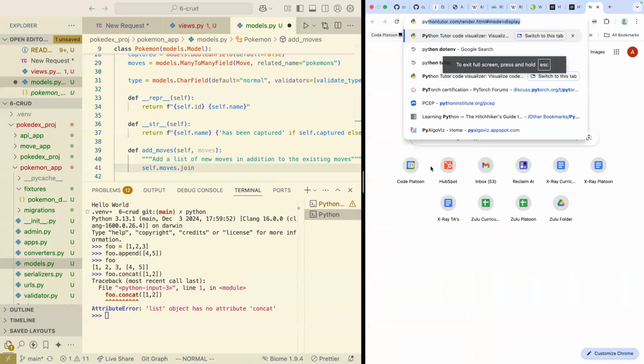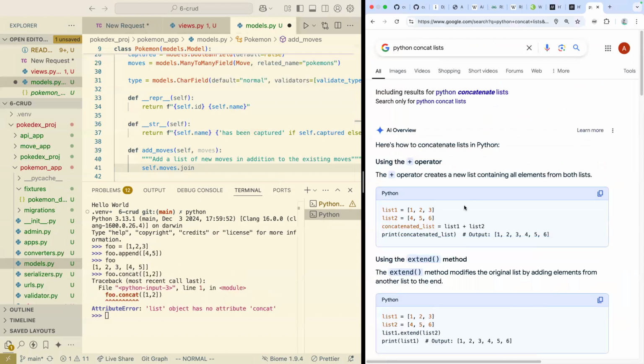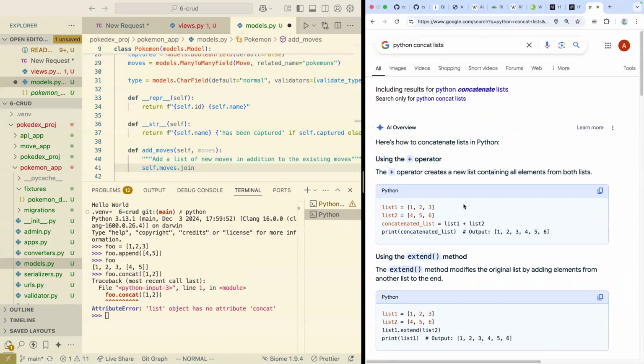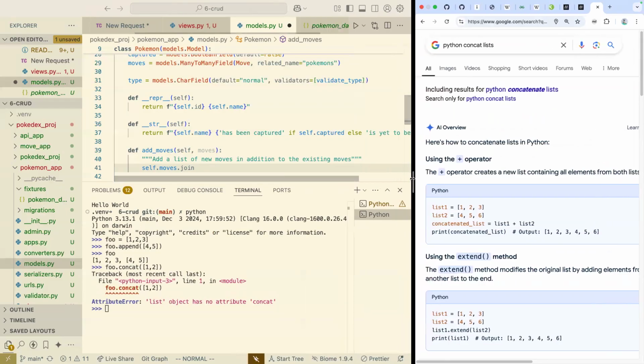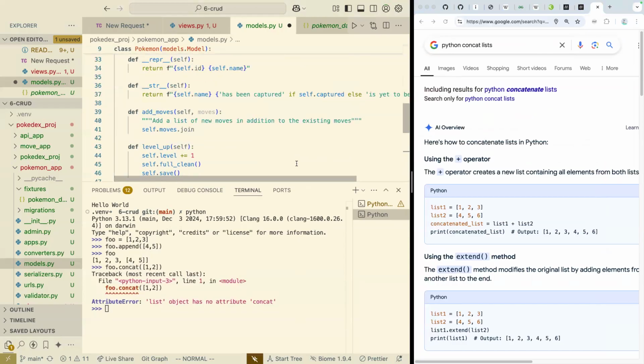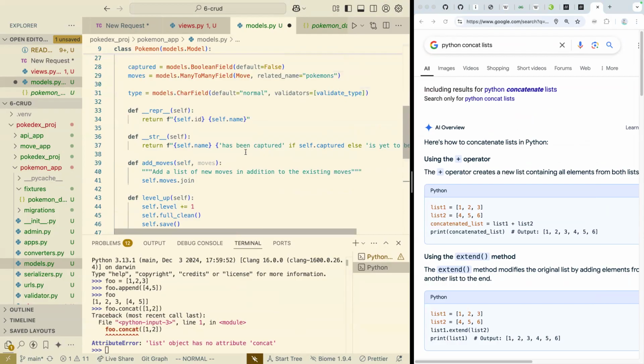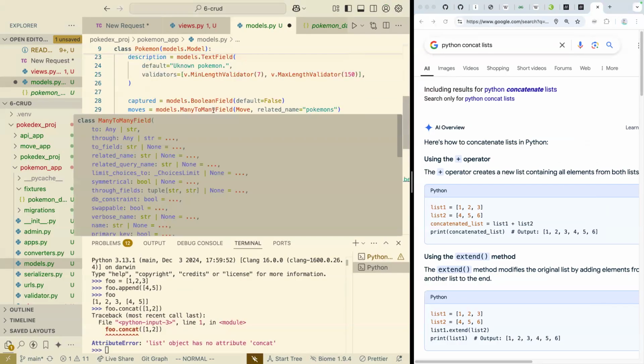So let's actually ask the internet real quick. I think it's just a plus sign. Oh, it would be that simple, wouldn't it? That is the beauty of Python. Wow, nice. And actually, as I'm writing this add moves, I'm realizing I'm not 100% sure